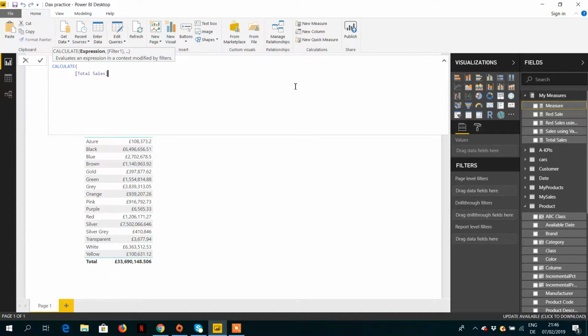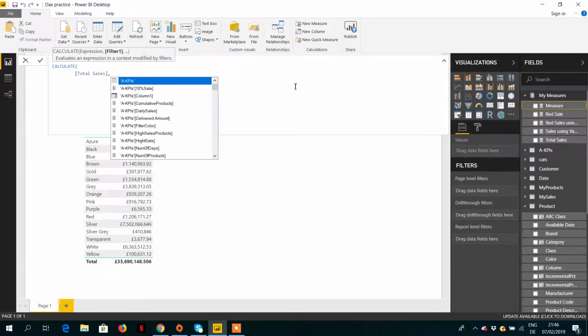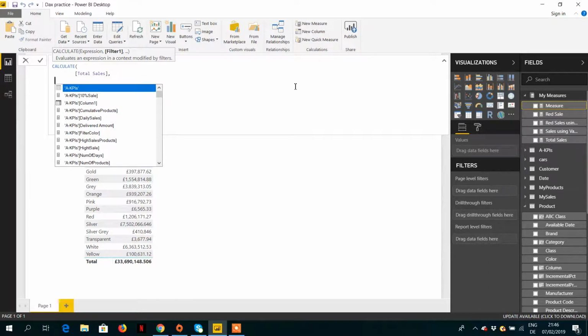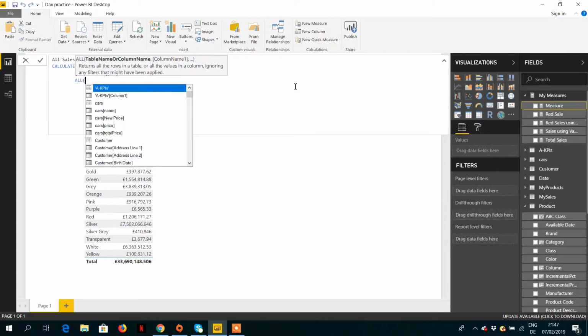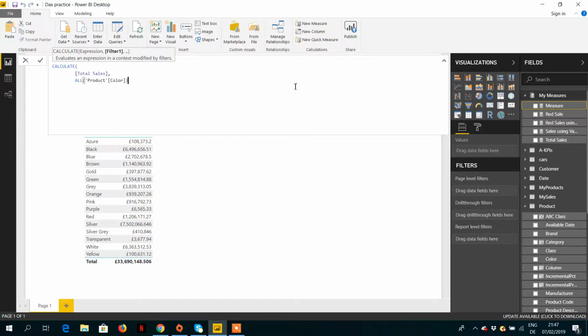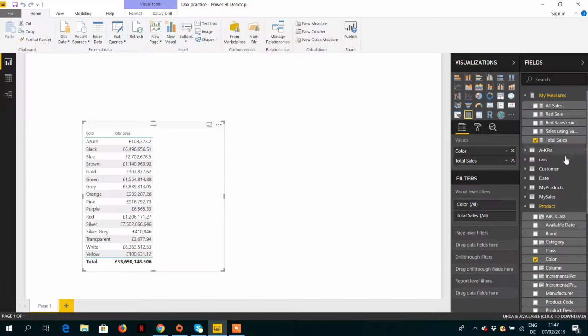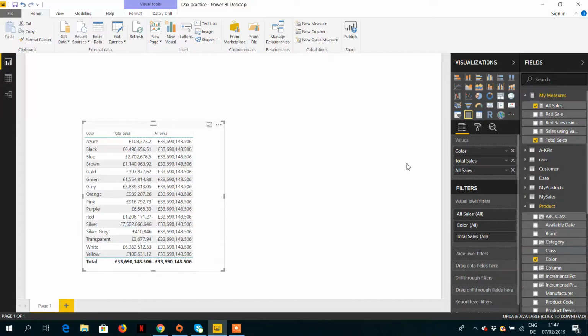This is a sum of sales amount. Then we have to use the ALL function, and this ALL function takes either a table name or a column name. So what we can put as a parameter is the column name, product color, and then we can confirm this expression. Let's put All Sales in the visual.